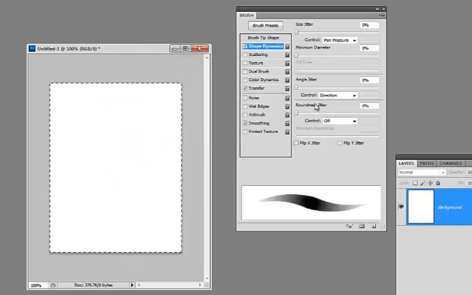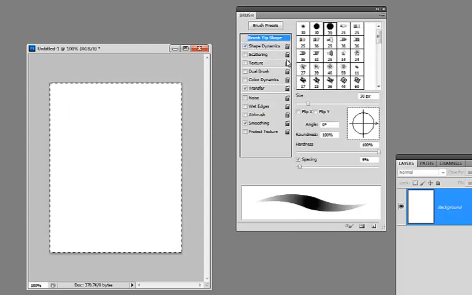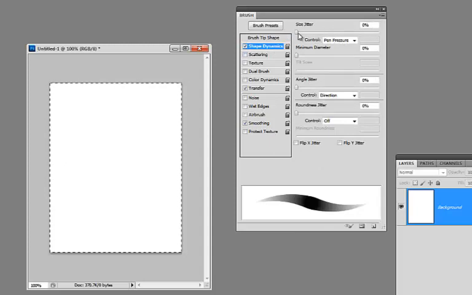There are some specialty sliders here, some specialty variables here. You have angle jitter and roundness jitter and size jitter. And basically what each one of these sliders does is it takes the bitmap that our brush is using, and it adds some variability to it. So size varies the size of each one of those little